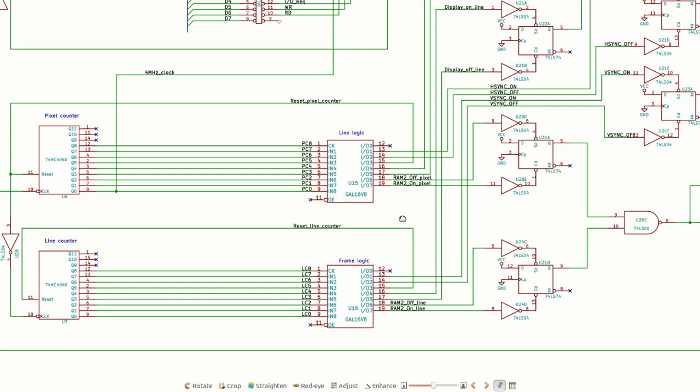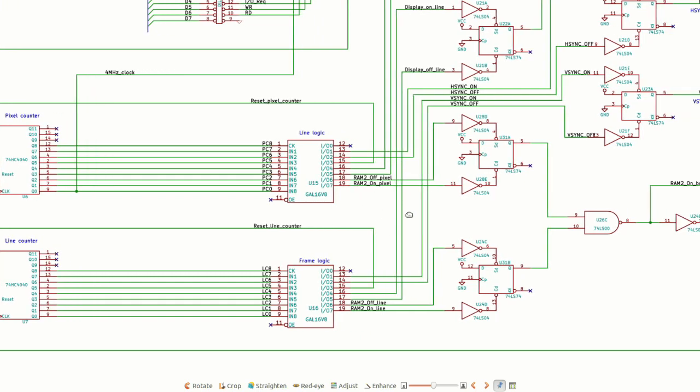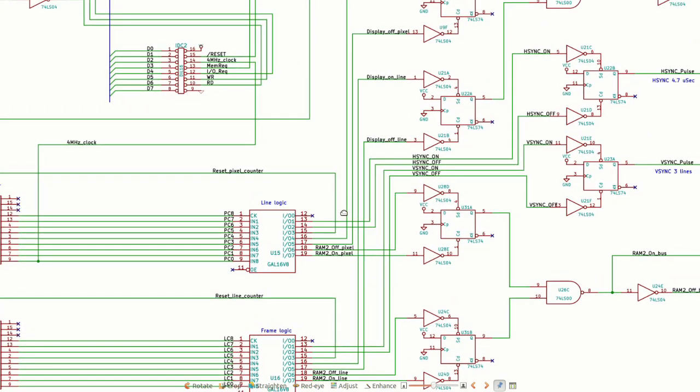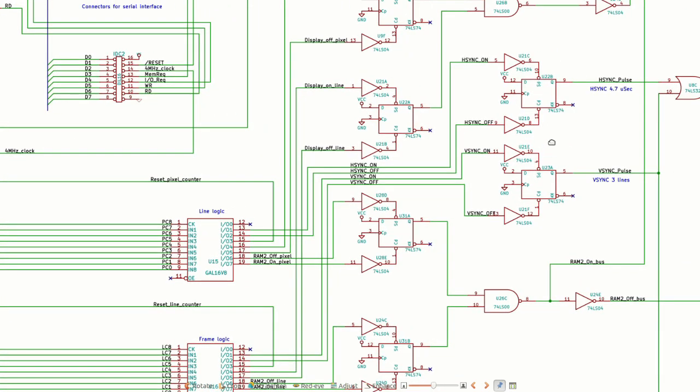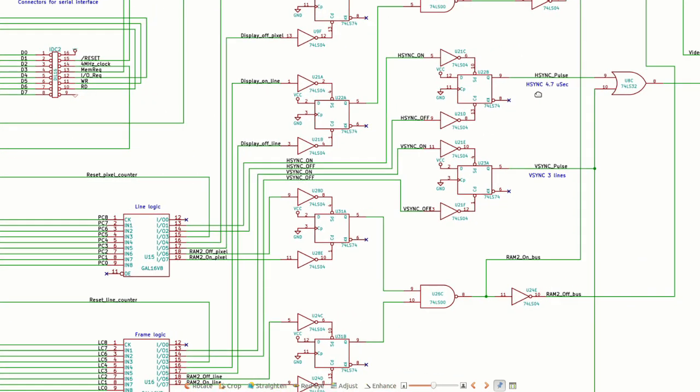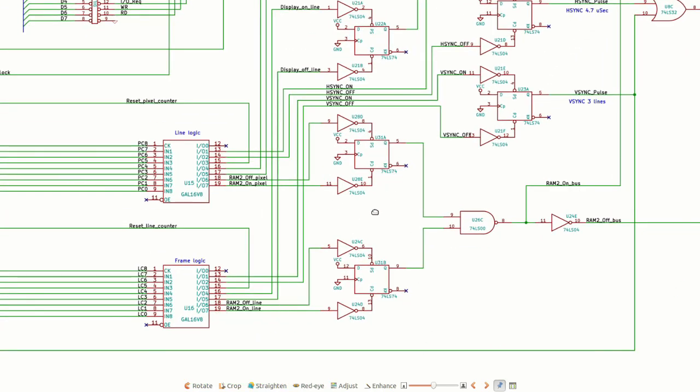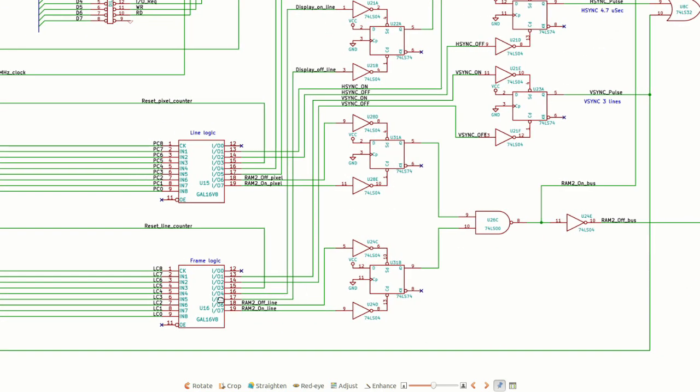So here you can see these outputs. The horizontal sync on for the line is here, the horizontal sync off from each line is here. They act as set and reset for this flip-flop, which produces the horizontal sync pulse. Similarly, for the